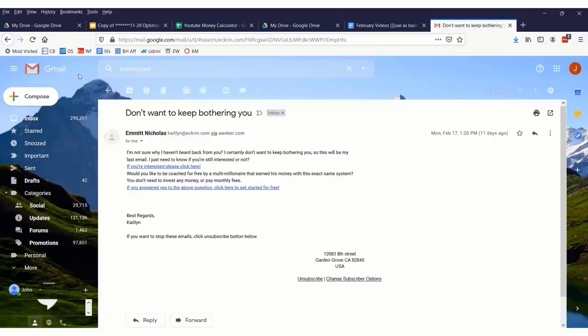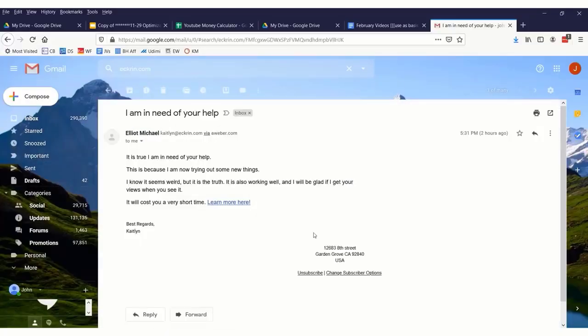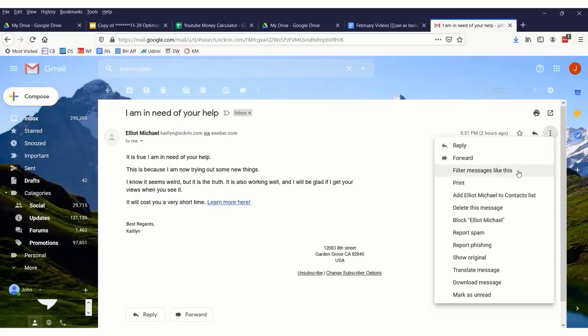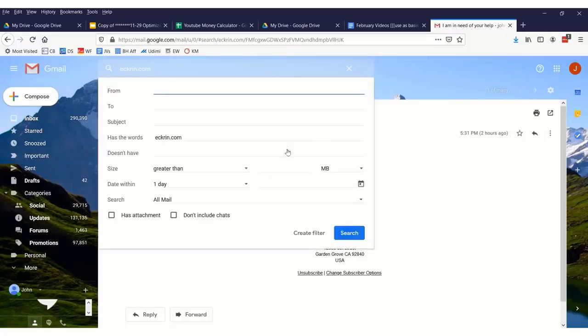And the only real way to actually get rid of that, it's not unsubscribing from an email list, because a company can have multiple email lists within that company, right? So it's kind of annoying, but the way around it is actually to take this Ekron line right here. We could click right here and say filter messages like this, or we could click this drop down icon right here. I'm going to click the drop down icon, and I'm going to filter emails that are from